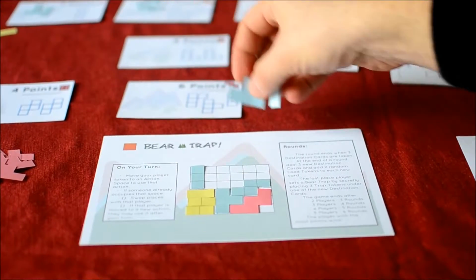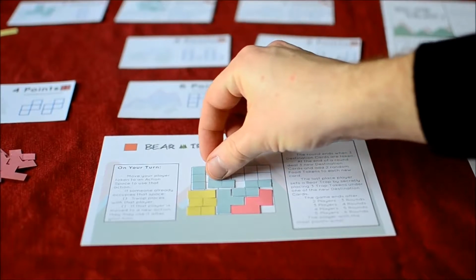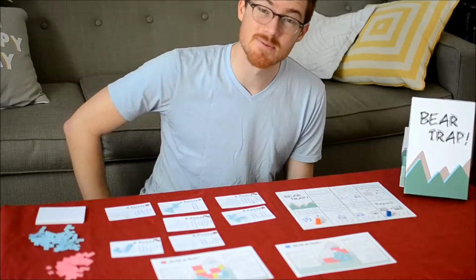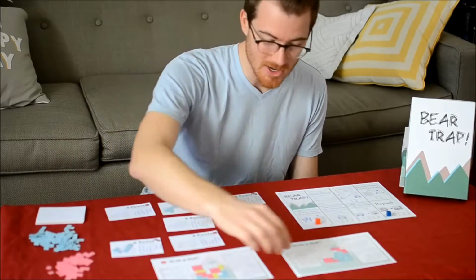backpack. But once you get to these destinations and you get your points, those points take up space too, which means the better you're doing and the further along in the game, the less space you're going to have to work with and the smarter you're going to have to be to make it work. Now,